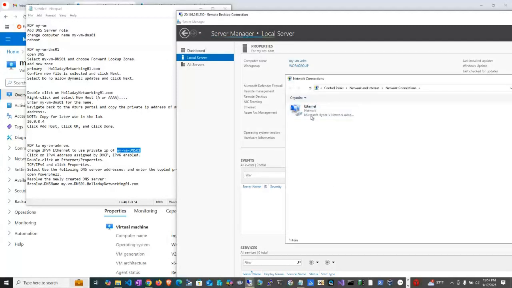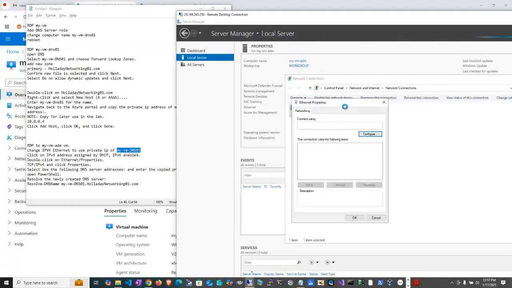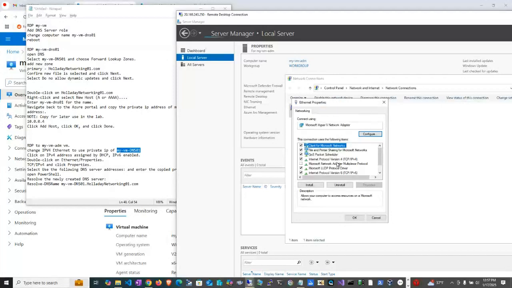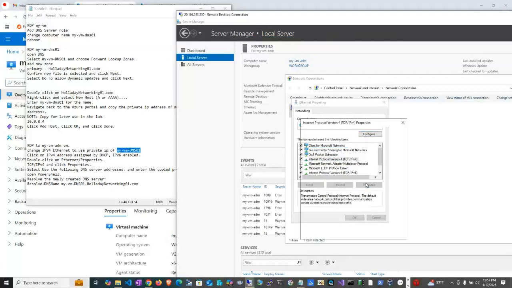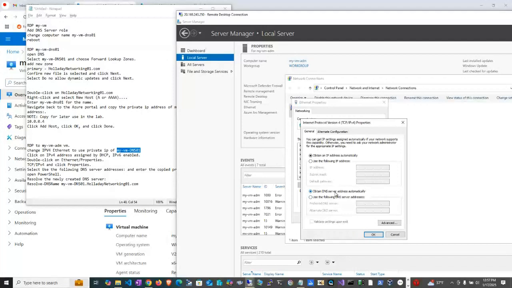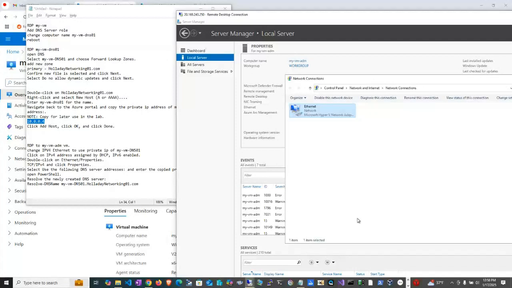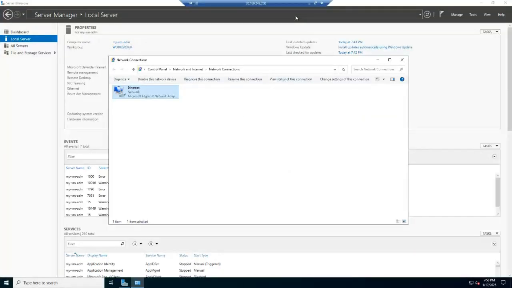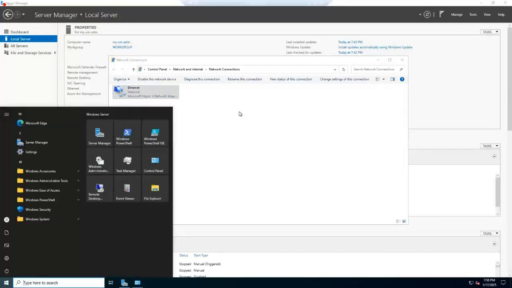That's what we want right there. So we're going to make the DNS server that server, the new DNS server for this server. So it's going to get its IP address from the new DNS server. So I'm going to use this address, and then I want to copy that. Okay, so that goes there. Close. Okay, so now that we have that, what we're going to do is go to PowerShell